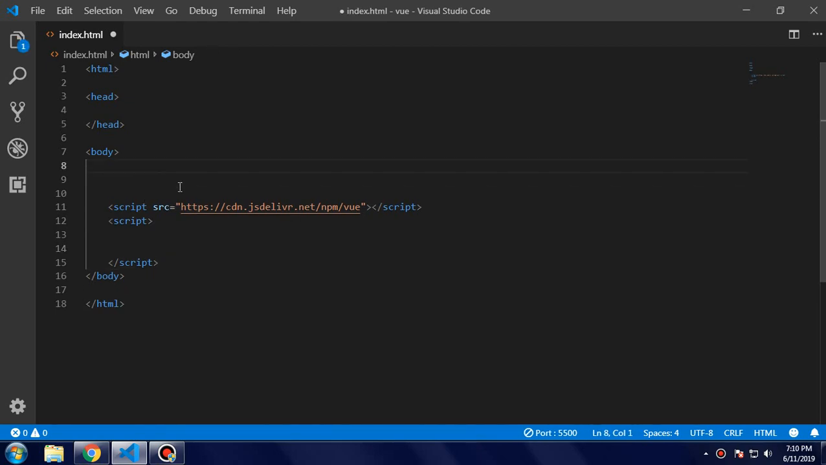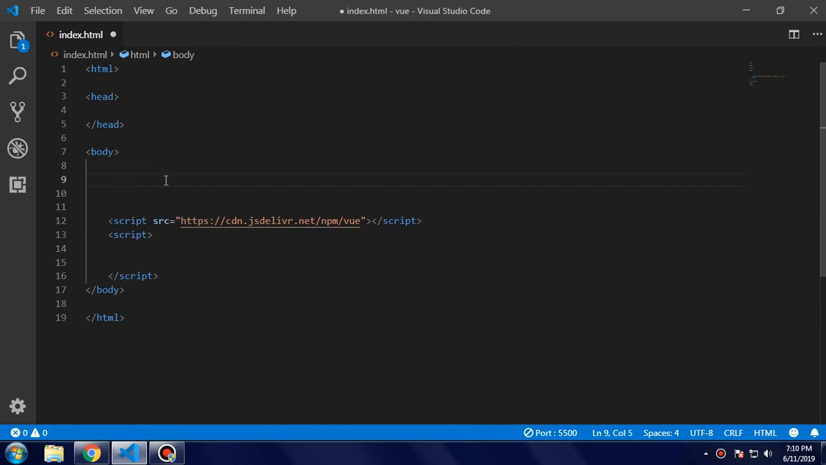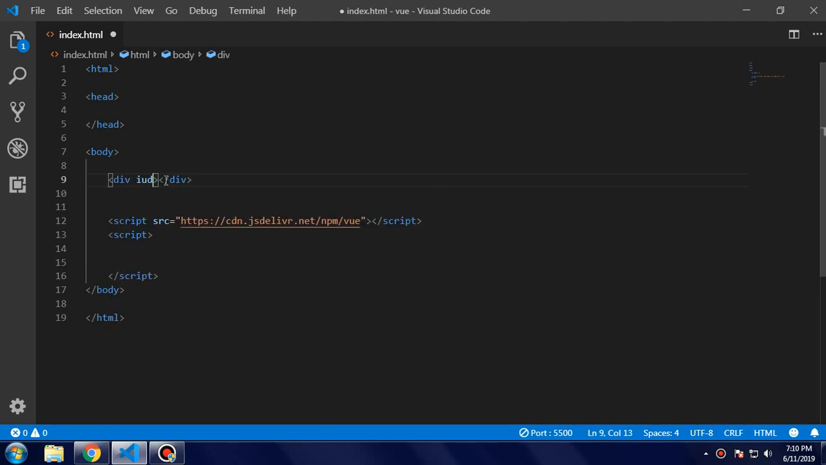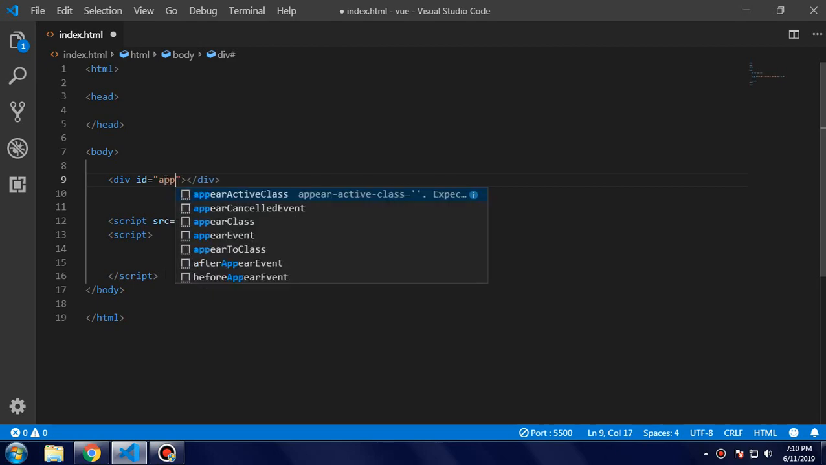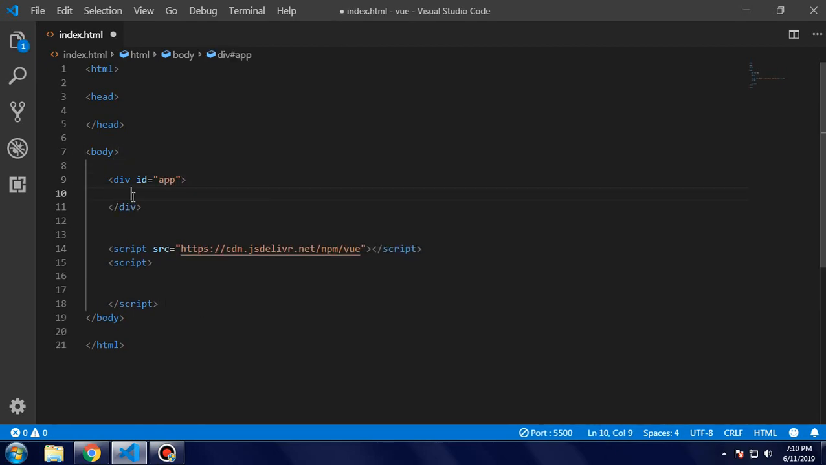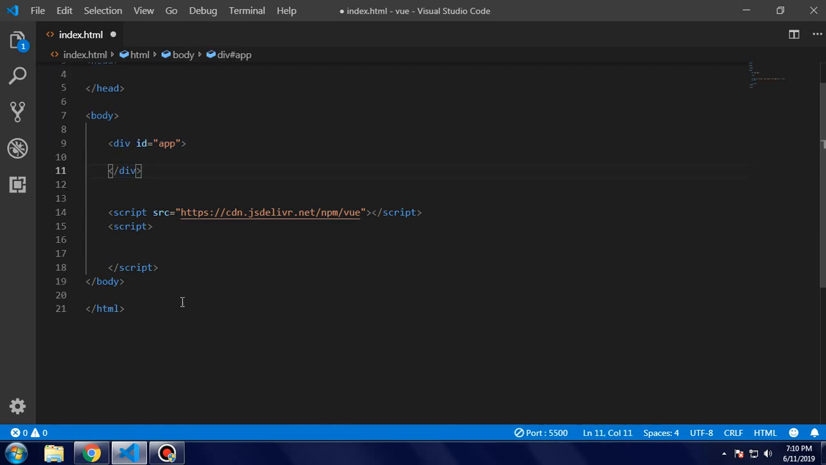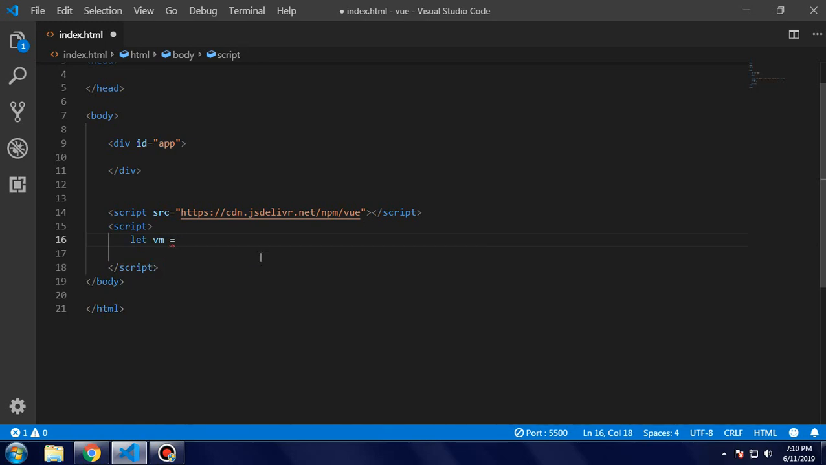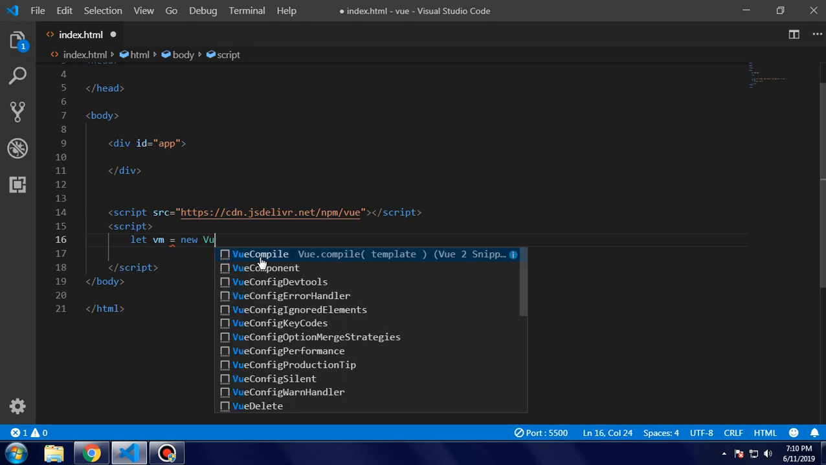So first, before we type any Vue.js code, let me create a div with an ID of app. So we will show all this output inside this div. So we have to create a Vue instance. Let's suppose let vm is equal to new Vue,